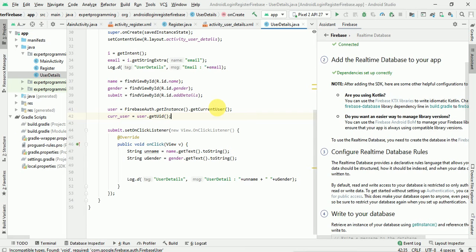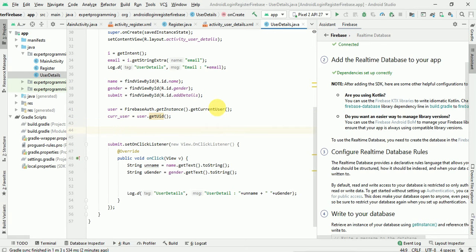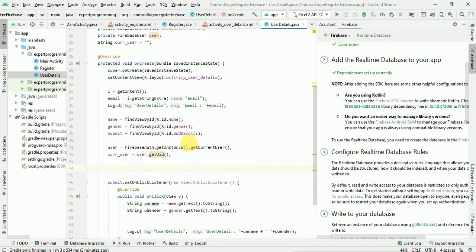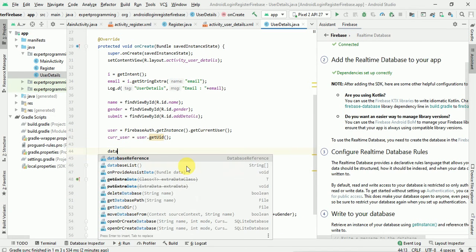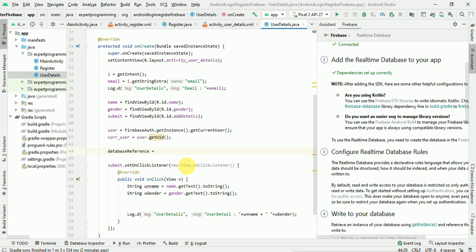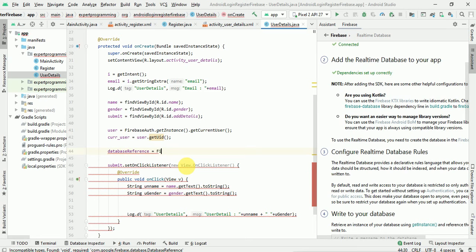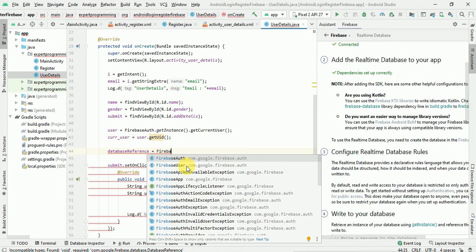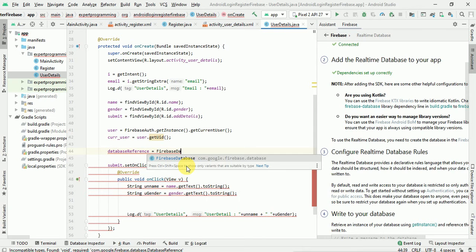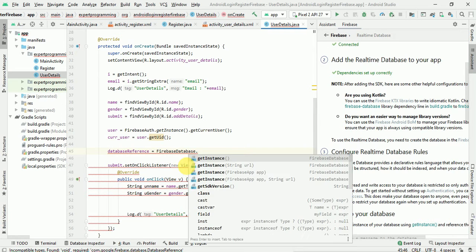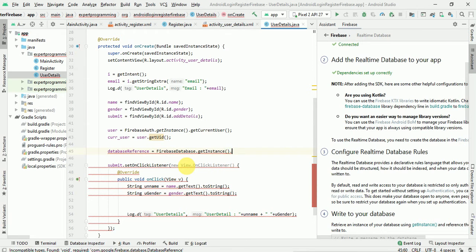Now the next step is we need to point out our database. So we have given over here DatabaseReference, so we need to create the database reference. So databaseReference equal to FirebaseDatabase.getInstance().getReference(), and this will get the reference.